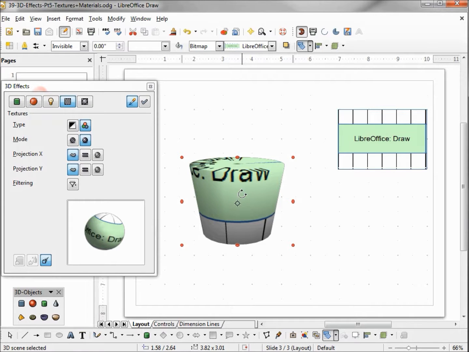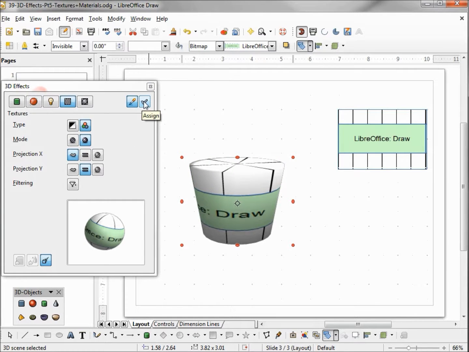We only have one image covering the entire object, and it looks like our X, or horizontally, it's looking good, but vertically, up and down, it's not fitting properly. So we're going to want to change the Y projection. So X is horizontal and Y is vertical. I'm going to try parallel and see how that works. And our preview looks good. Clicking assign, it brings it around and looks pretty good.